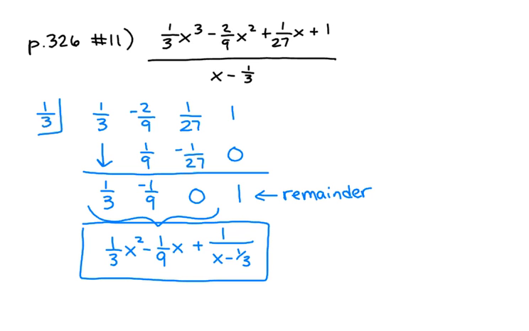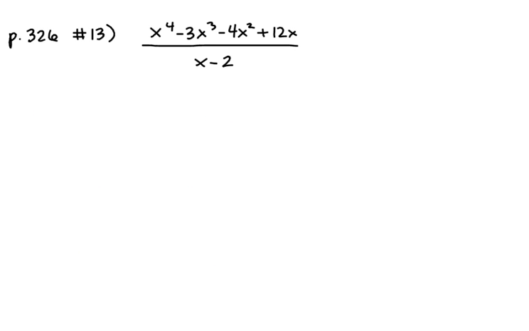Moving on to number 13. Dividing by x minus 2, so we put 2 in the box. And then we have 1x to the 4th, negative 3x cubed, negative 4x squared, 12x, but there's no constant. It's as if there was a plus 0 on there. So we need a 0 to hold that place. Bring down the first number,